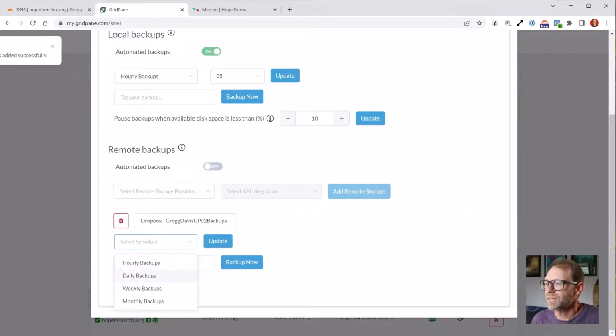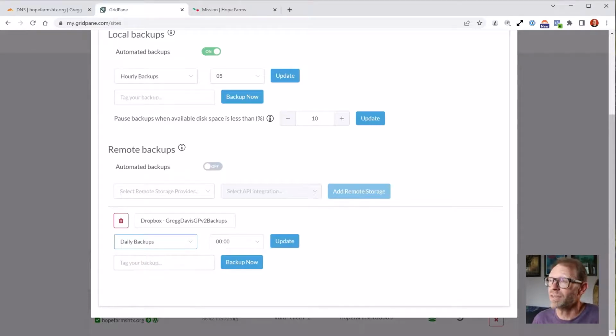And on a schedule for this one, I'm just going to do, oh no, you know what? I've been doing daily on this one and weekly on the plugin backups. And so that's what makes a very robust and redundant backup system, I should say. And so daily backups, right at midnight, or when should we do them? A time when the website is not being used very much, doesn't really matter. It's not going to affect public visitors. But if I say 3 in the morning, then that's going to be,